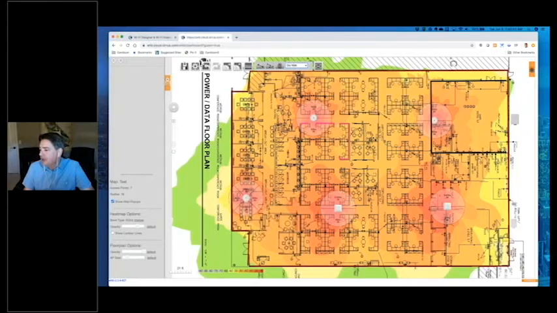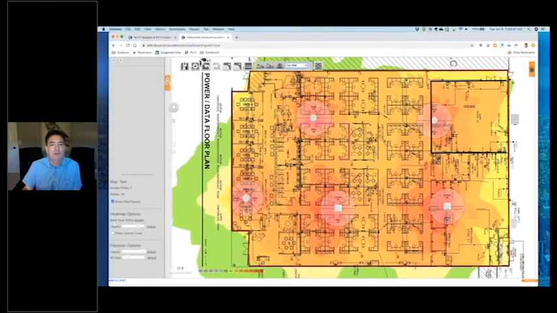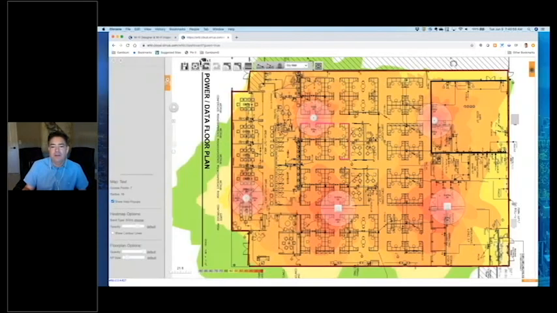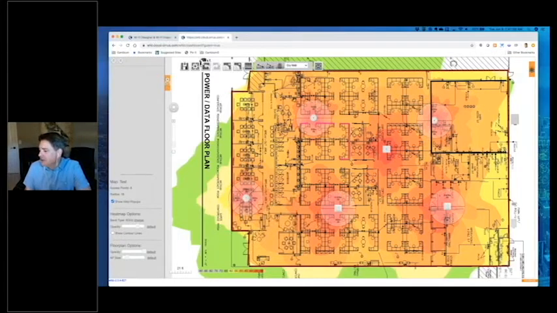There is a question related to Wi-Fi 6. I think I showed that a little bit ago, in the dropdown, but we do have Wi-Fi 6 support here. The XV series, the first version of that is the XV3. That is supported in the tool. So I can pick that model here, and I'll just add that to the map here. This is the Wi-Fi 6 access point, the XV3, that is supported in the tool. All right, a lot of good questions here. Another one,